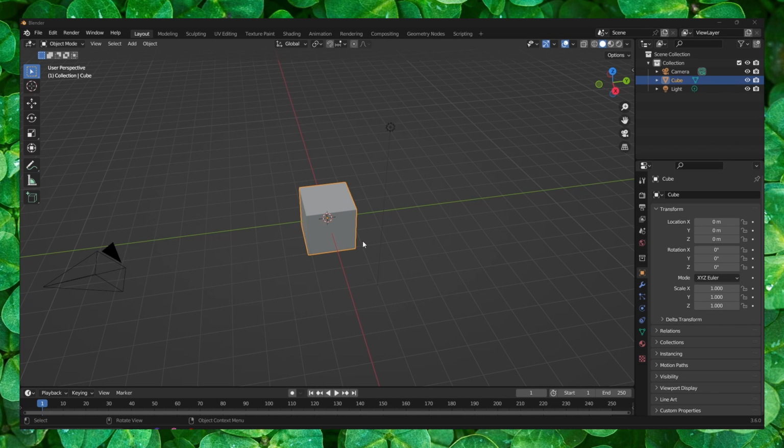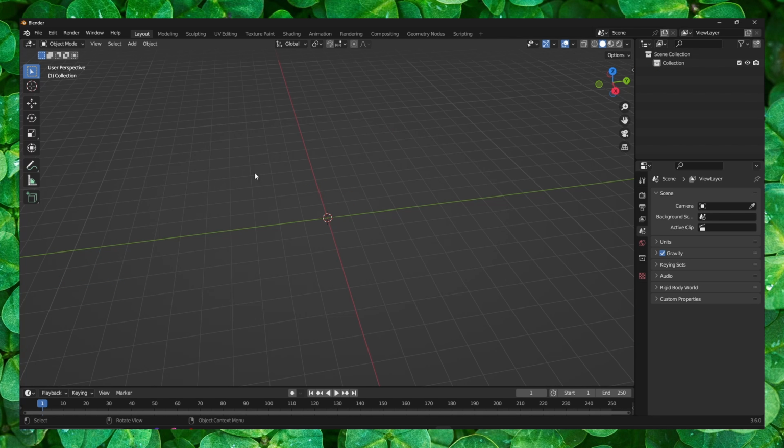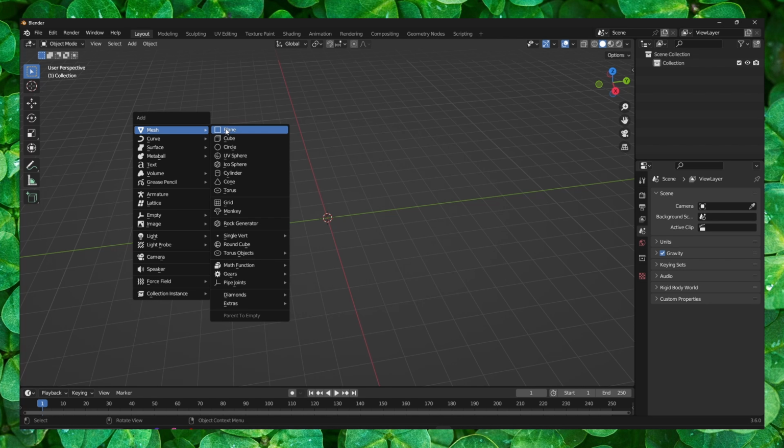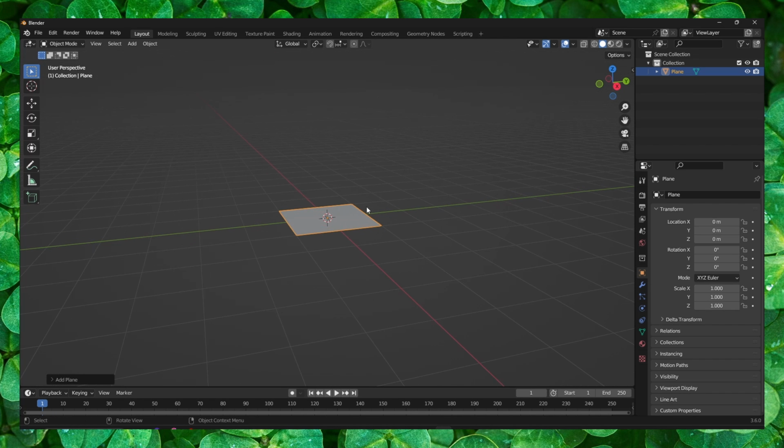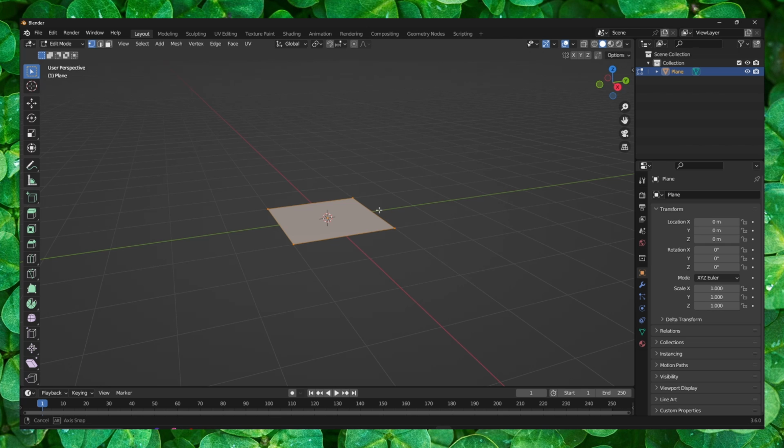In this tutorial, I'm going to show you how you can create a pillow in under 1 minute, so it's very fast. So let's press A, X, delete, and now press on your keyboard Shift plus A, and then add a plane. And now let's go to Tab, and here we have to press A to extrude,